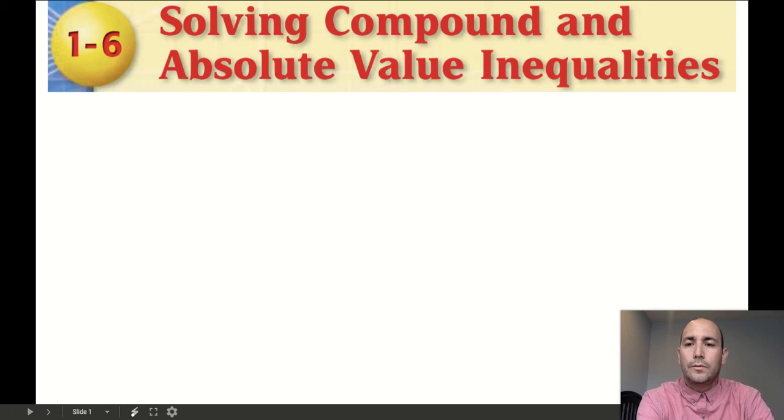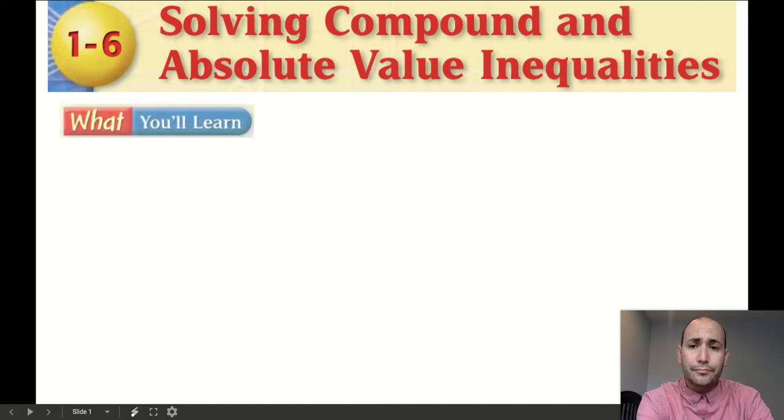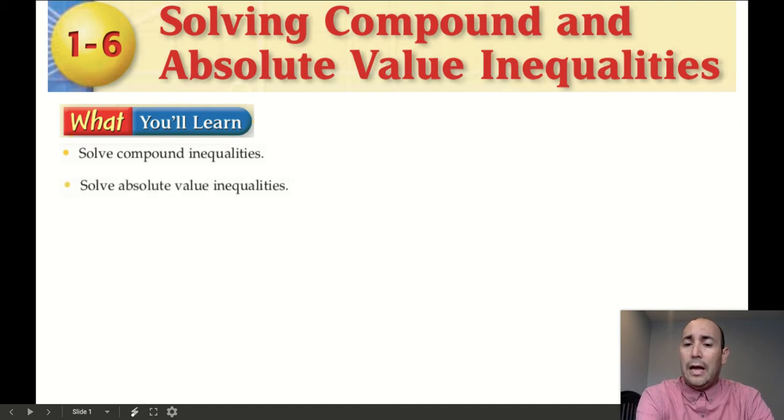All right, welcome to Chapter 1, Lesson 6. Today we're going to be talking about solving compound and absolute value inequalities. This is going to build off what we covered in Lesson 4 and Lesson 5. So, what we're going to learn in the lesson today is how to solve compound inequalities and how to solve absolute value inequalities. So, you've worked with inequalities in Lesson 4, and you've worked on absolute value equations, I